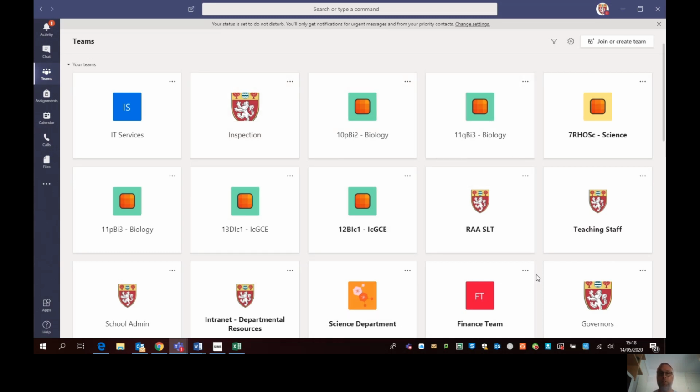Your child won't have all of these. What they'll have is a variety of Teams from their actual timetabled lessons. As you can see, as a teacher, I have similar. So I teach Year 7 RHO science, and that's how it's on my timetable and theirs, and so that's how it appears on Teams itself. And you can see some of the other classes that I have as well that are logged on here as well. If I click onto that team,